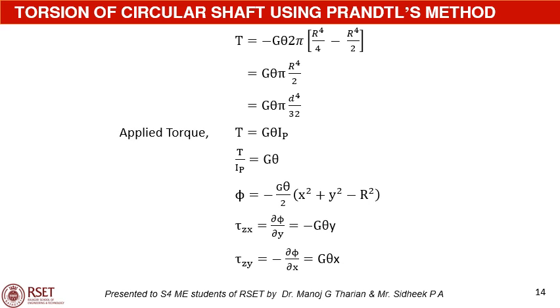That is, T is equal to G theta pi into R raised to 4 by 2,